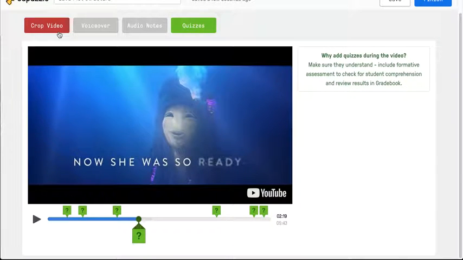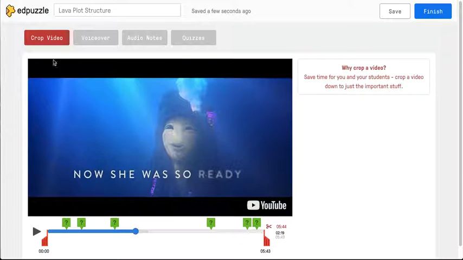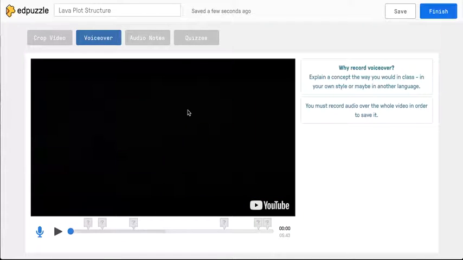So, just to recap, crop video literally just cuts the first couple seconds or last couple seconds off of your video. So if there's a really long introduction, you can chop it so that it goes straight to the part that you want. Or if it has a lot of credits at the end or just fades out and has way too many things, you can chop it and just show the 35 seconds that are the most important. VoiceOver adds voice to the entire movie, start to finish. So there will be none of the original sound, no singing, no anything.